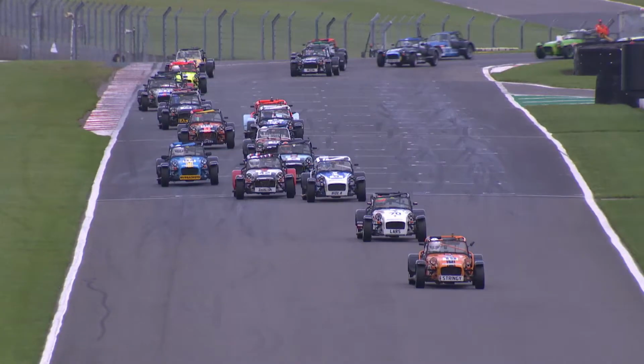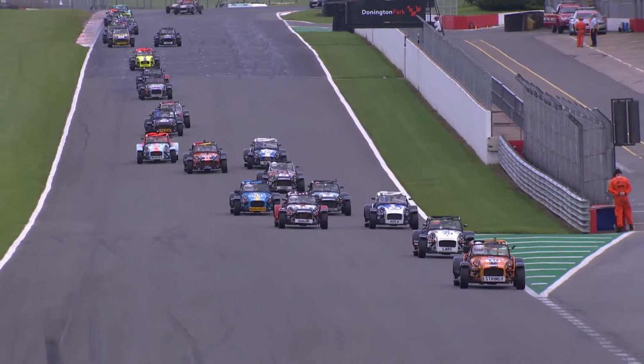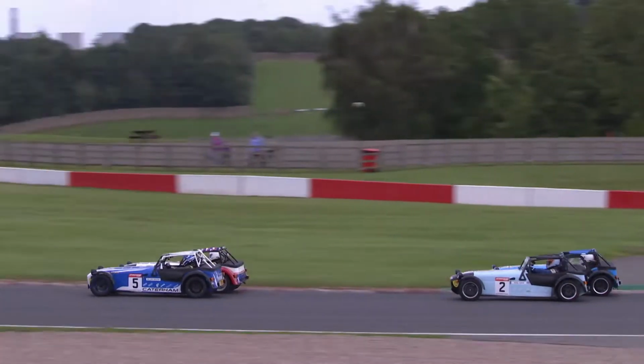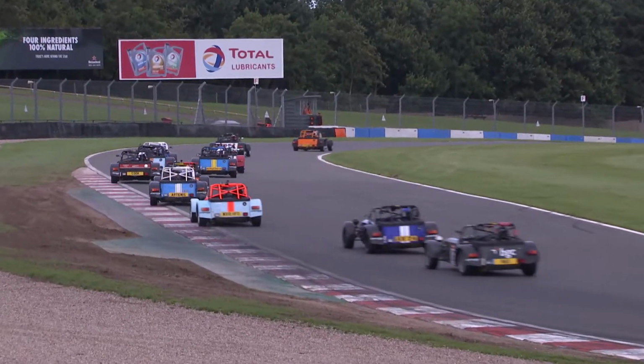Out of the final hairpin though, and Ben Buckley has indeed dropped down out of the podium places now. He's trying to fight back up the inside of Ben Lopez Appleton for 3rd. It's Bell that leads the way, Hoffman 2nd, Buckley going back into 3rd position, or is he? Lopez Appleton right round the outside, then side by side behind as well between Andy Lees and the 84 of Andrew